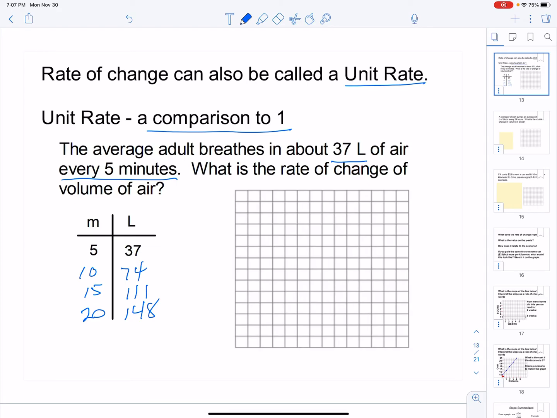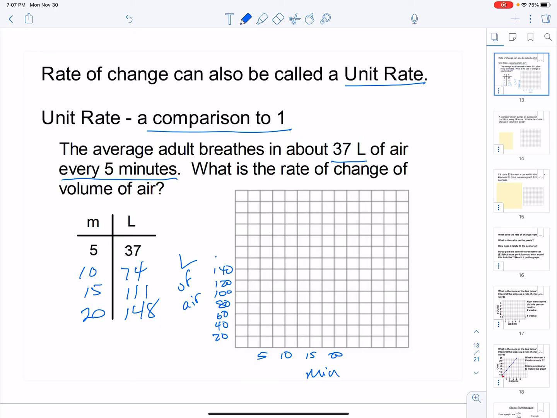If I come over here and look at my graph, we've got minutes. If I use every 5 minutes, I'm going to do every 2 lines: 5 minutes, 10 minutes, 15 minutes, 20 minutes. Going up the left-hand side is liters of air. Since these are kind of weird numbers, I'm going to just do every 20: 20, 40, 60, 80, 100, 120, 140,